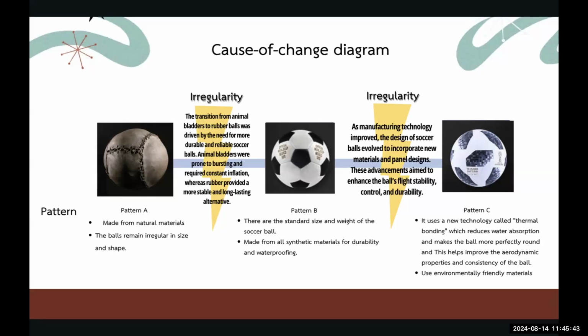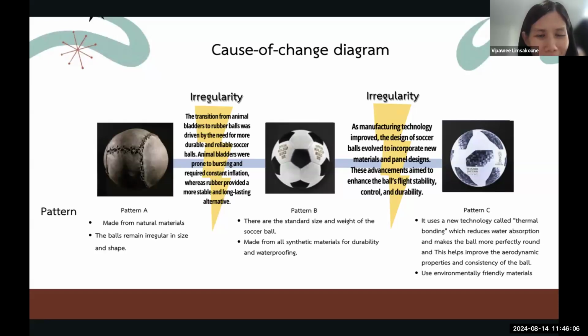And for the last one, it has a technology called thermal bonding, which reduces water absorption, makes the ball more round and helps the aerodynamic properties. Yes, that's all from the three patterns.